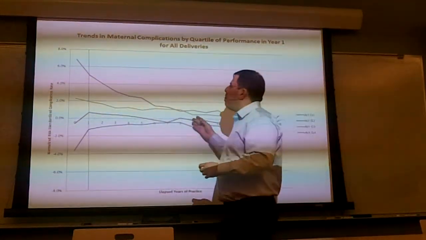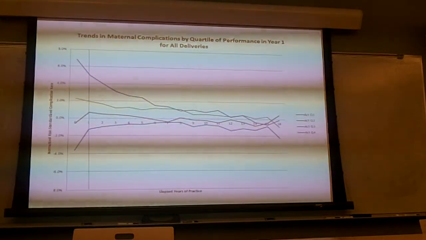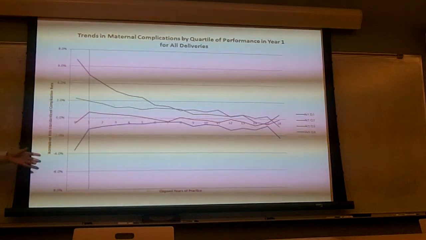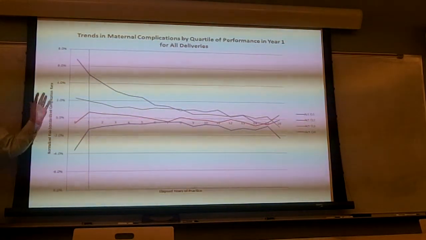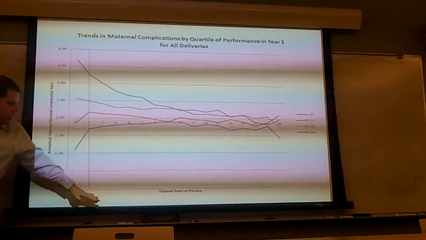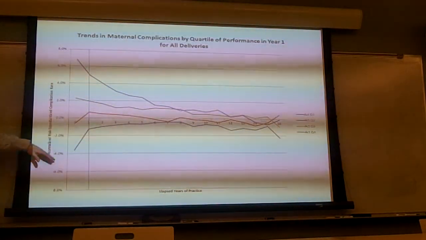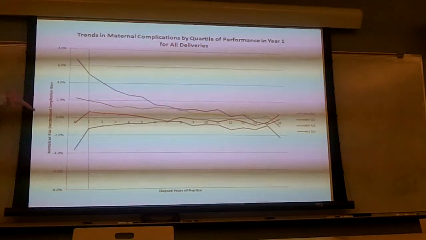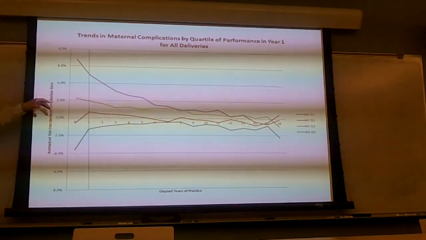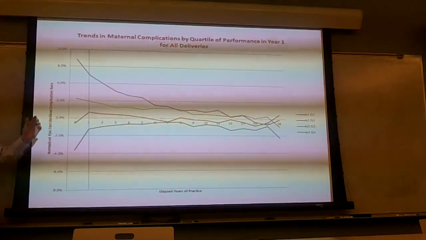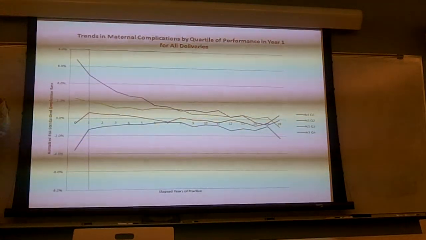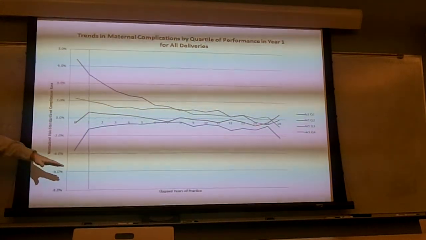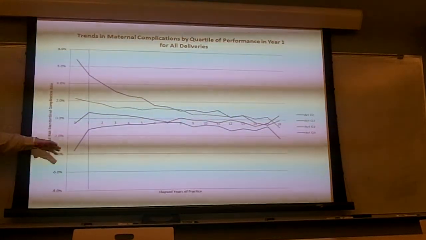So this is some work I've been doing for a while on something else, which is maternal complication rates among physicians, among obstetricians in particular. And what I did basically is this: years of experience, elapsed years of experience, is on the x-axis, and their normalized complication rate, that is, 0 is average and positive is bad and negative is good. And this is their annual risk-adjusted complication rates. And so I stratified them into quartiles based on their first year out of residency performance on this metric,